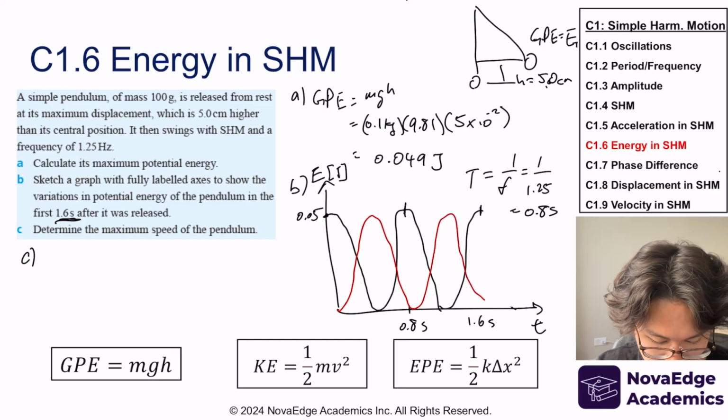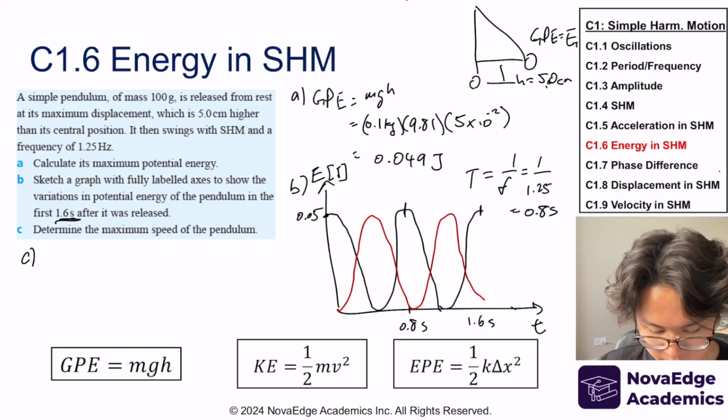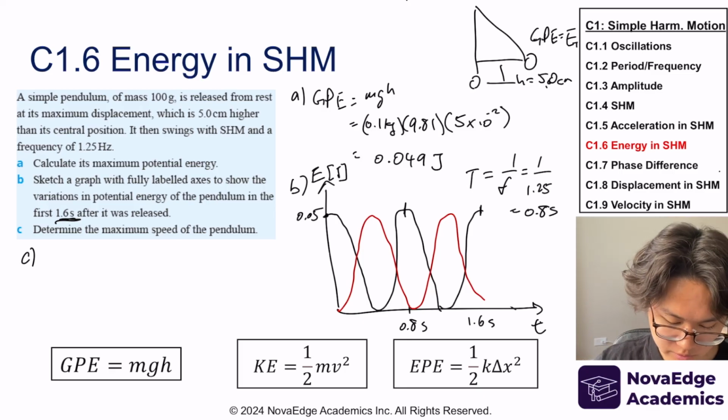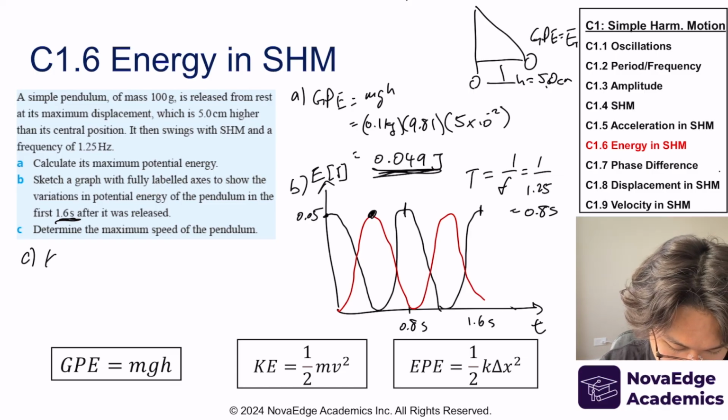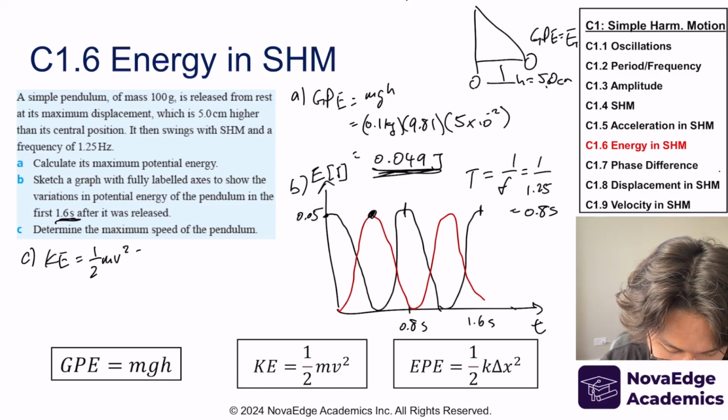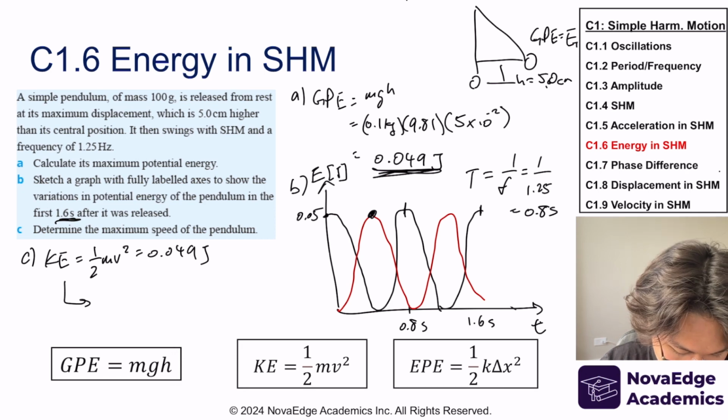Determine the maximum speed of the pendulum. Well, I can do the same thing, conservation of energy, right? So this has to also be equal to kinetic energy at this point. So kinetic energy. Rearranging this, I get v is equal to